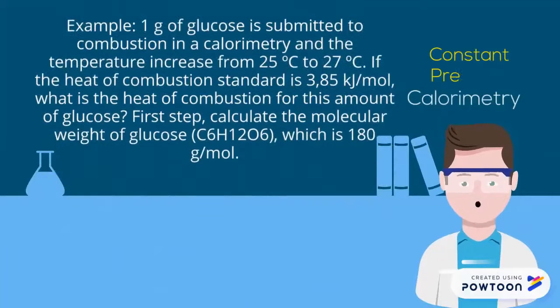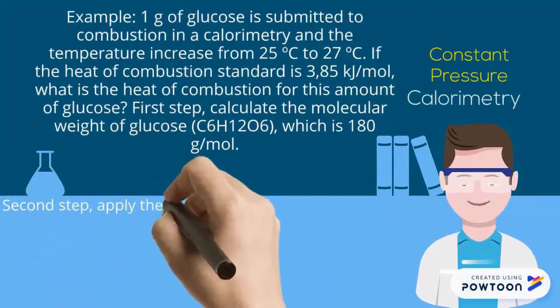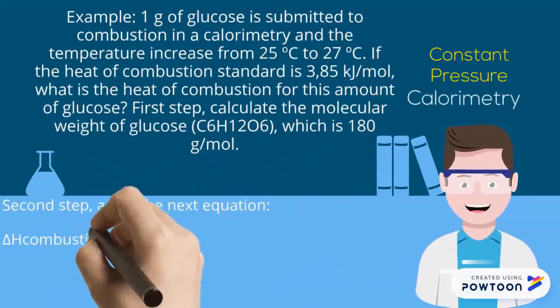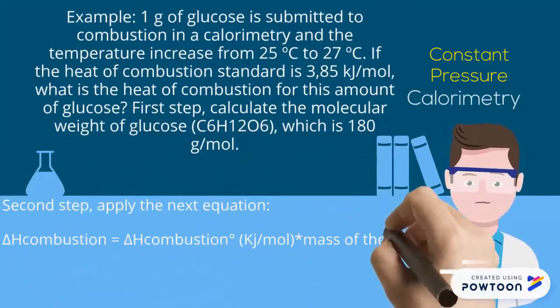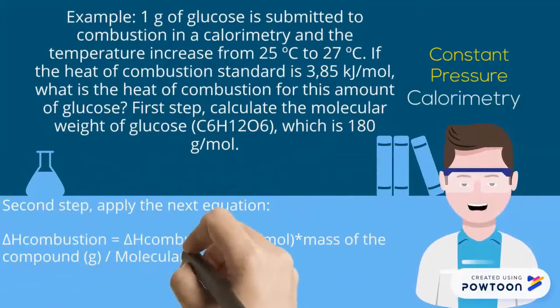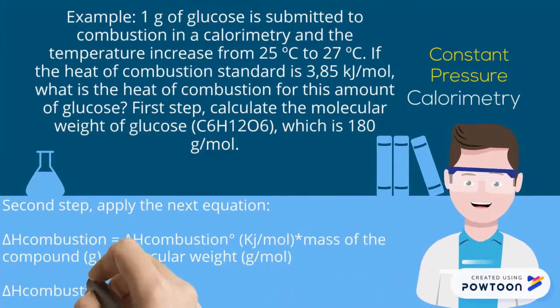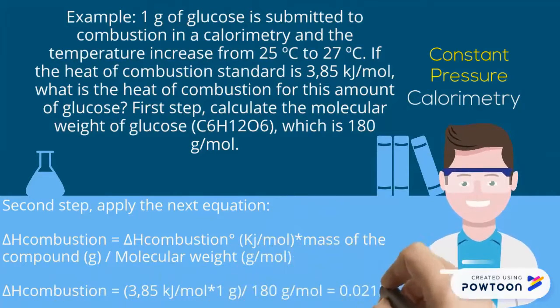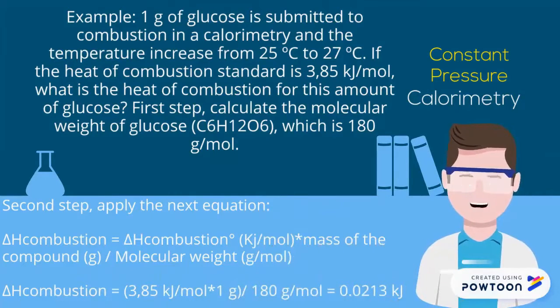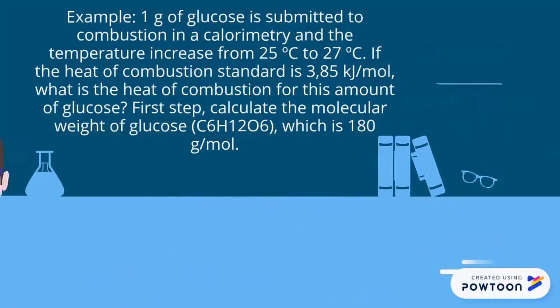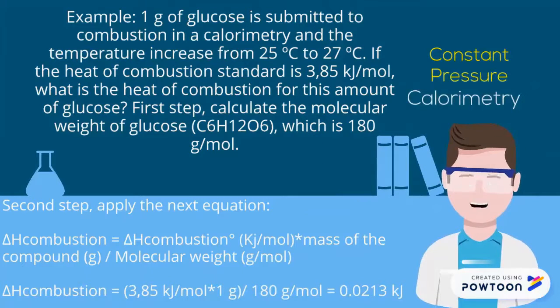Sample problem. 1 gram of glucose is submitted to combustion in a calorimeter and the temperature increased from 25 degrees Celsius to 27 degrees Celsius. If the standard heat of combustion is 3.85 kilojoules per mole, what is the heat of combustion for this amount of glucose? First step is to calculate the molecular weight of glucose, which is